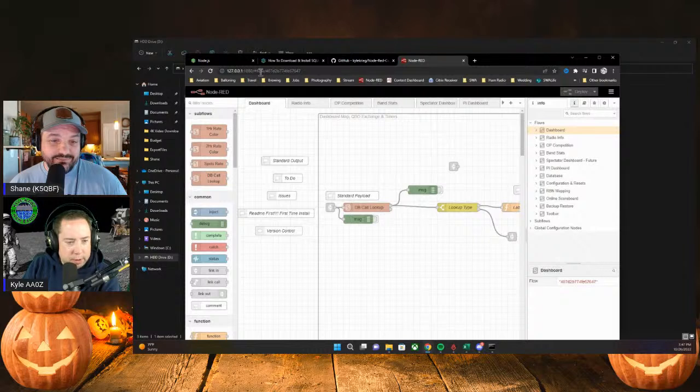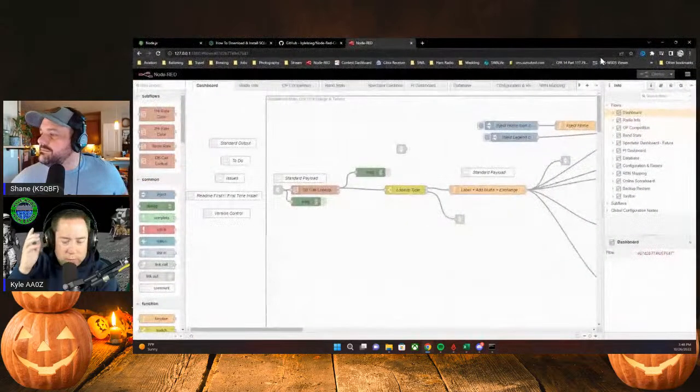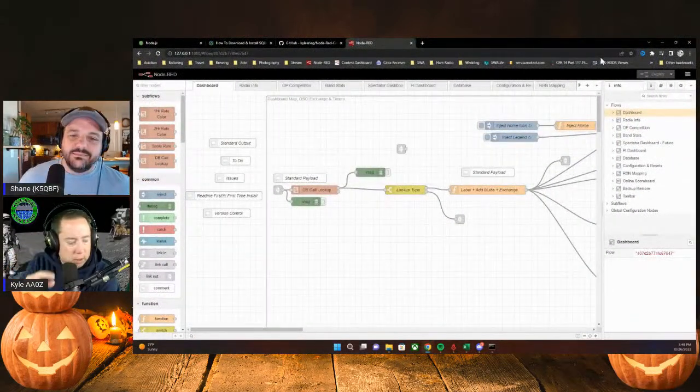What happened here? I don't understand. I didn't break it. It may have kept all of this information from when we did this previously. I guess we just had to get the Node-RED. So, all right. For people wanting to install this on Windows,